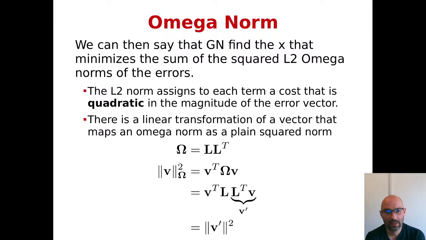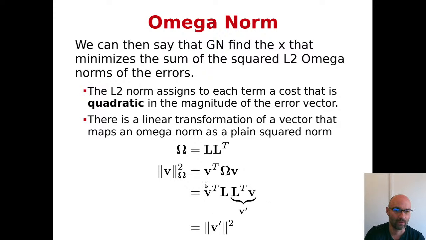We know that omega has to be semi-positive definite, or positive definite in general. So we can calculate the Cholesky decomposition of omega. This will return L and L transposed, two matrices, one the transpose of the other, that multiplied give omega. Now if we expand the expression of the omega norm by putting the Cholesky decomposition of omega in,